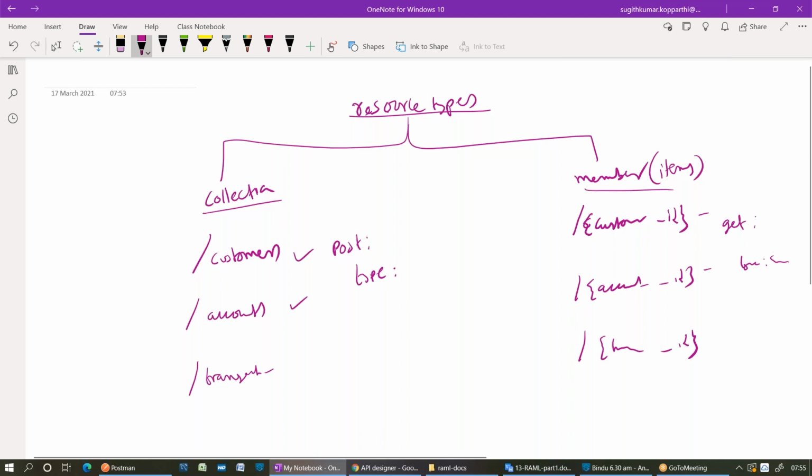So right now I want to create a template for a post method and refer to it in slash customers and slash accounts. Dynamically, this type should change whenever I apply this post method to slash customers. It should become customer. If I apply the post method to accounts, it should change to account. That is the idea. How to get it?